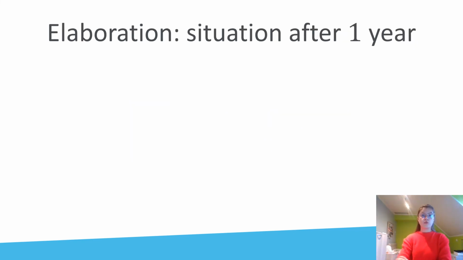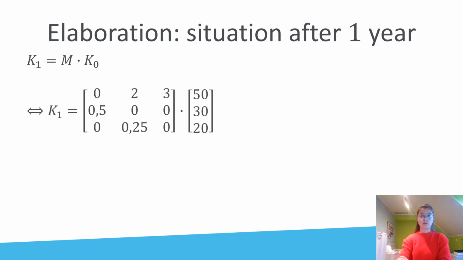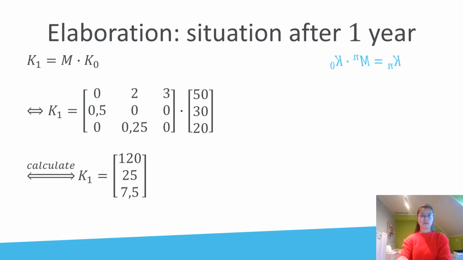You are asked to outline the situation in 1 year. To do this, we multiply matrix M by the matrix of initial state K0. We perform this operation with the graphing calculator and we get the matrix K1 as a result. So what do we actually see? The power that stands at matrix M is 1, and so we get a matrix K1. We can therefore apply a formula here, namely this one.